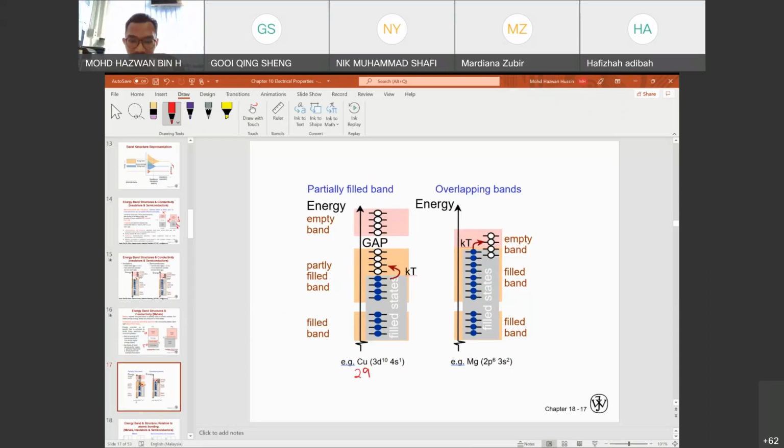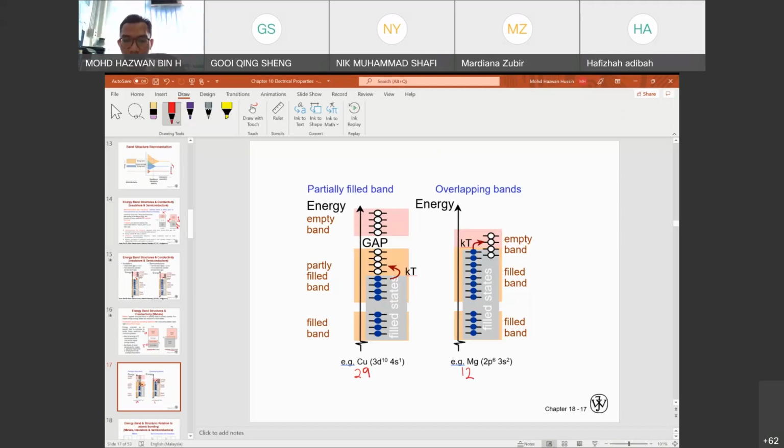Magnesium is 12. Alright, so if you write the electron configuration, in the end of the day you will get